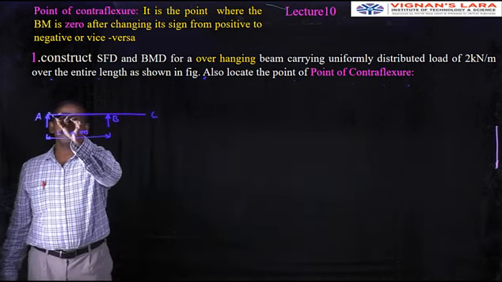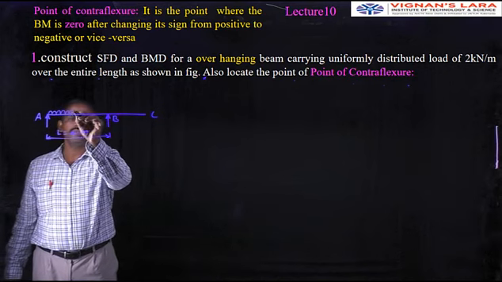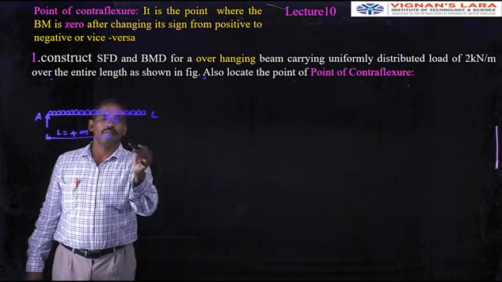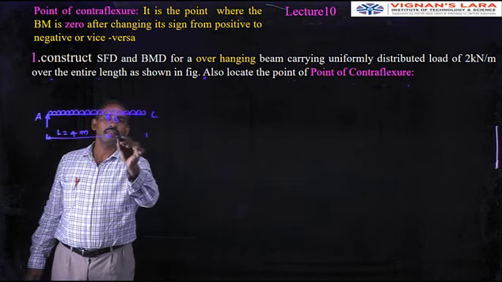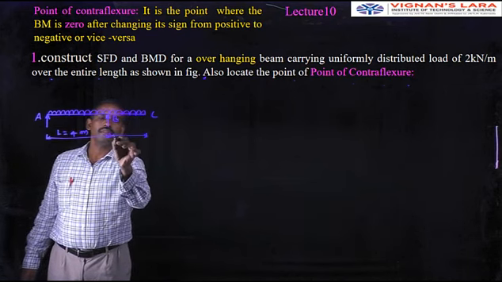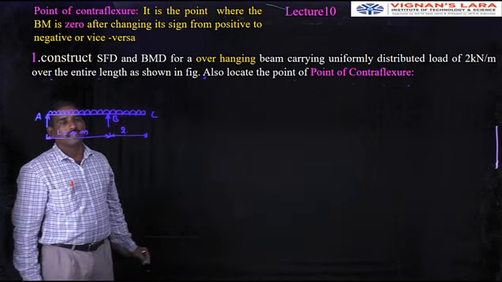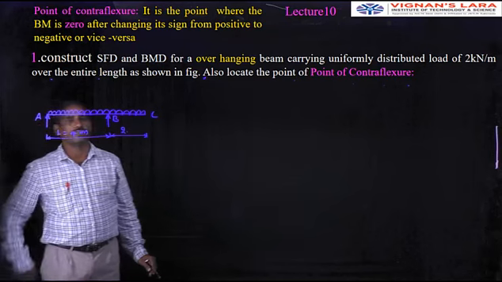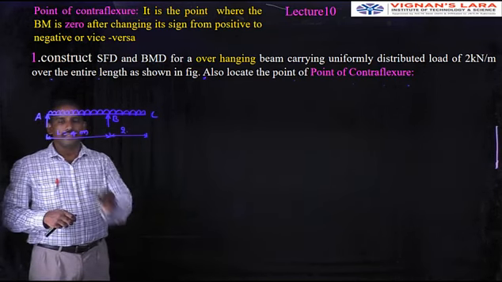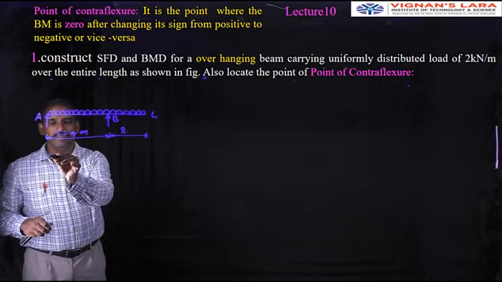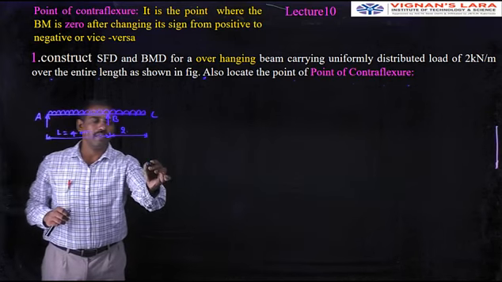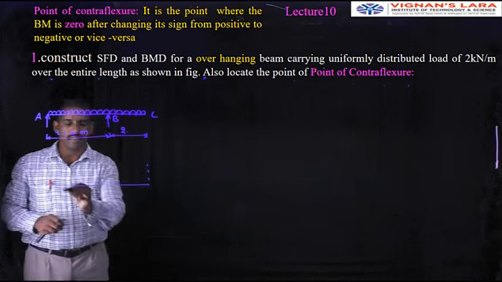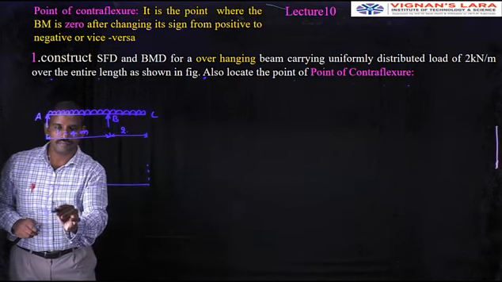If it is subjected to a uniformly distributed load over the length AC, say this BC is the length 2 for example. The total length of the span is 6 meters. So if you observe, the bending moment is obtained by solving the problem. So this is the baseline, say this is the baseline.